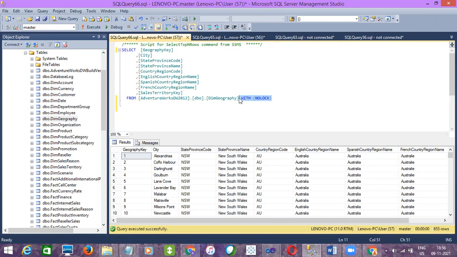See, WITH (NOLOCK) is basically this: let's say for this same table, DimGeography, I am trying to select data from this table, and at the same time my teammate is trying to insert data into it, right? So at a time, if you are trying to do multiple operations on the same table, the database doesn't know which operation it has to perform first, whether it has to respond first for the insert operation or for the select, right?